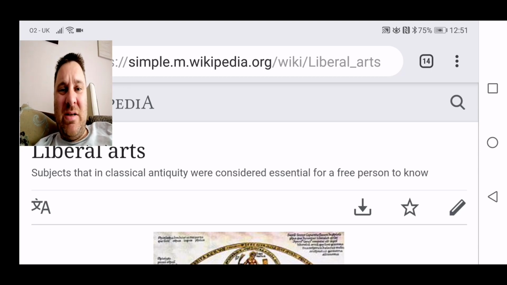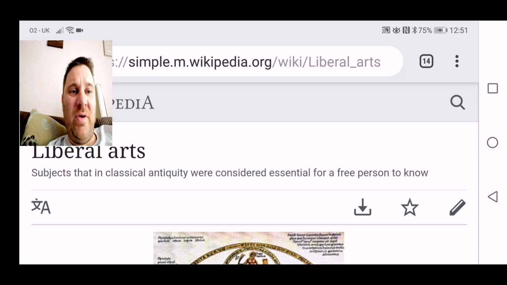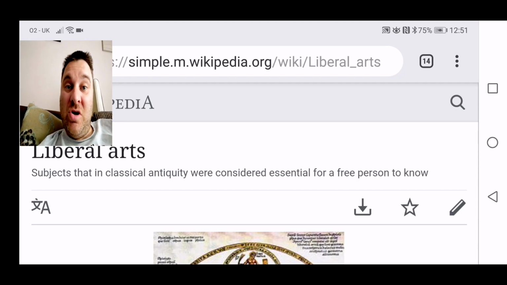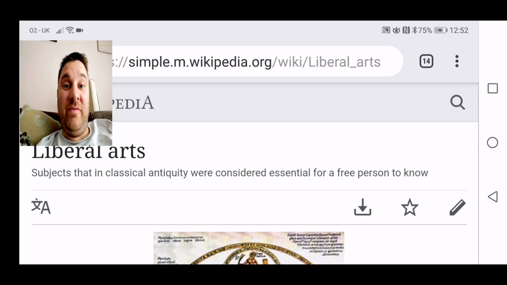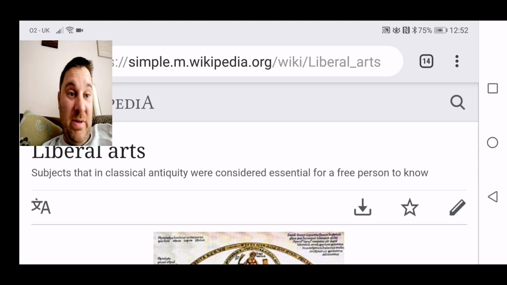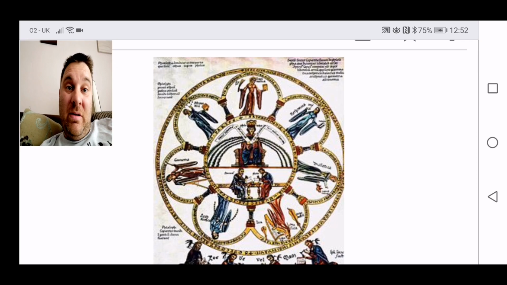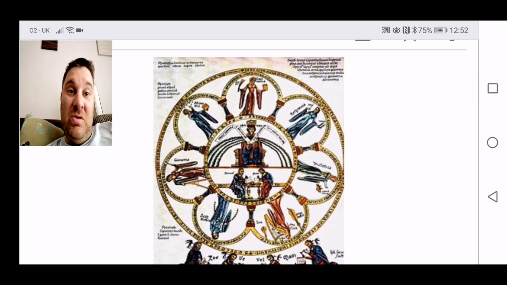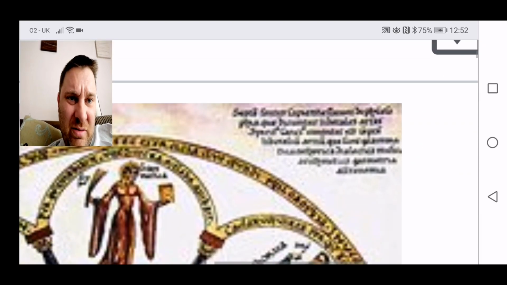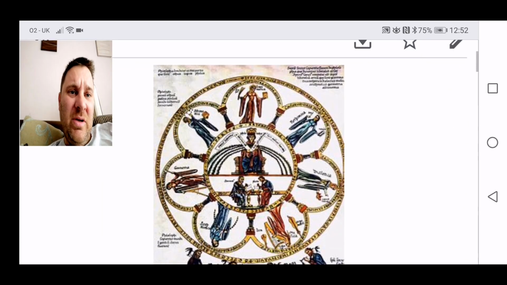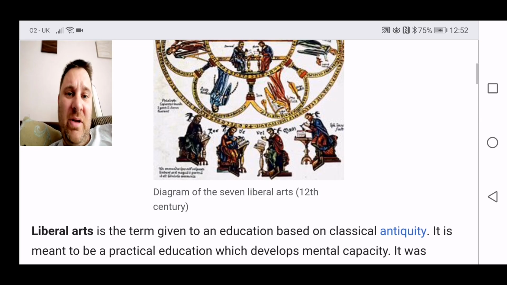So it's the liberal arts. It's subjects that in classical antiquity were considered essential for a free individual to know. See, this is why it's not essential for us to know, because we're not free individuals. We're not free people. It's just a diagram thing. No matter how much you zoom in, you can't read the writing. It's really blurry. It's a diagram of the 7 liberal arts, 12th century. It says,